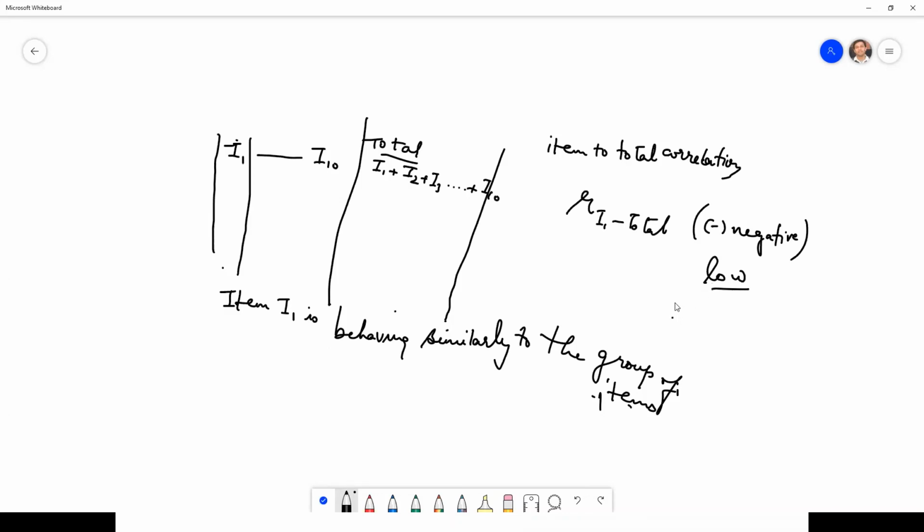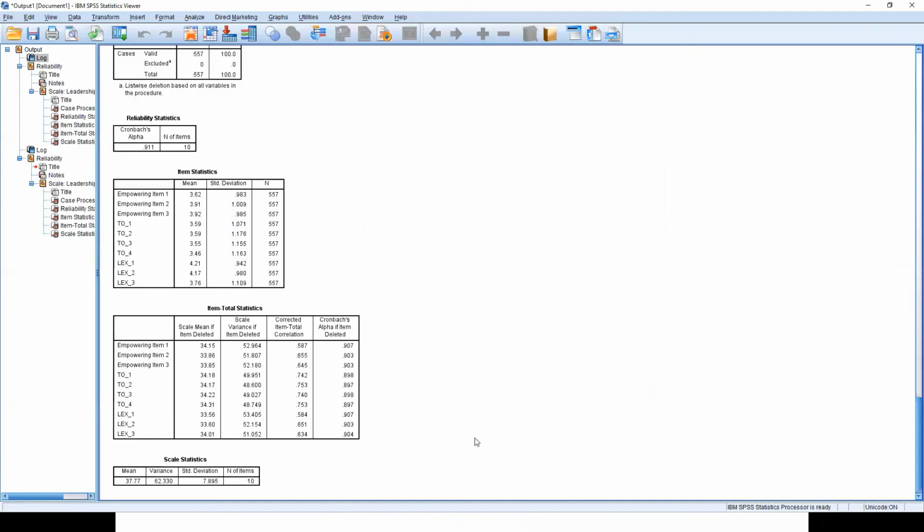So we usually look for items that should be medium to high in terms of item to total correlation. So we are looking at these items. Empowering 1 has a correlation of 0.59, which is good. And there's not a single item which is having small item to total correlation.